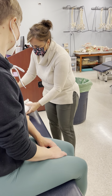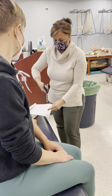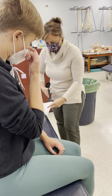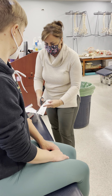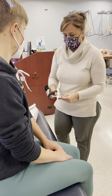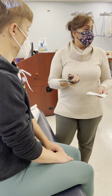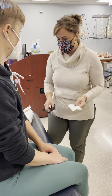So again, just to reiterate, when we're using the 8-inch box, you're always gonna cut across it. You're not gonna go into it because you want to be able to use the stretch that's built in this way, okay? So I take about 6 boxes usually for the wrist, depending on the size of the wrist, but most people, it's gonna be around 6 boxes